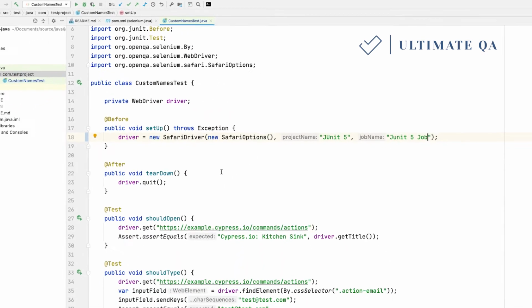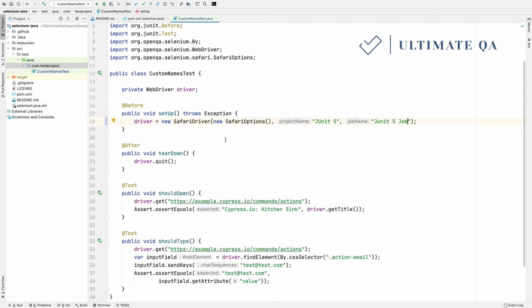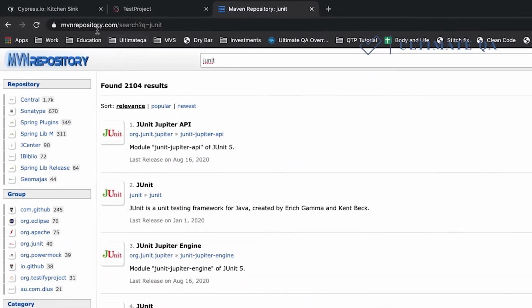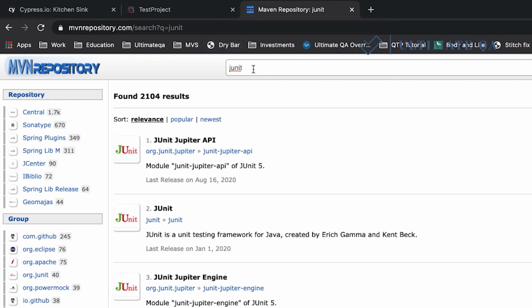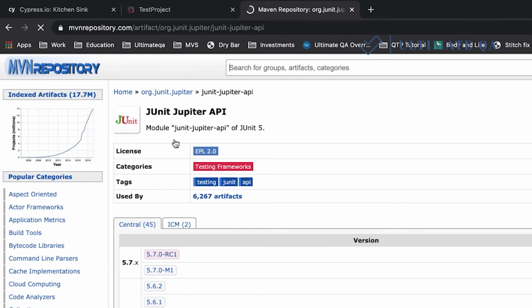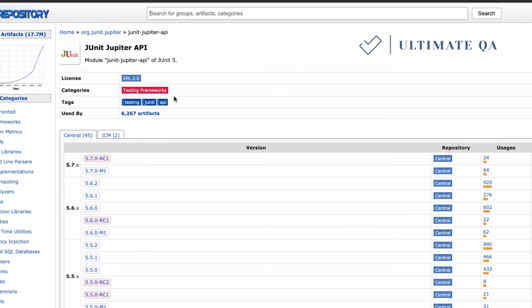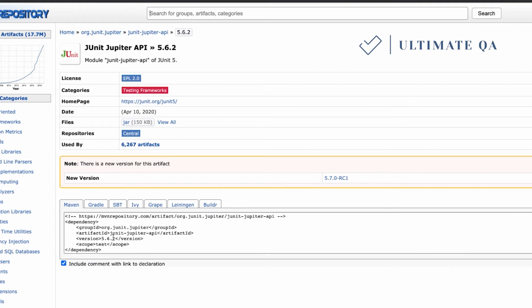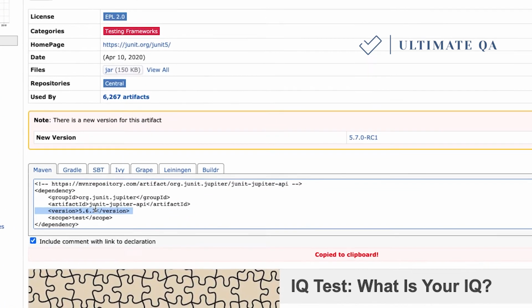And of course, we need to replace JUnit 4 with JUnit 5. So we can come over here to mavenrepository.com, search for JUnit. Here, the very first result is JUnit Jupiter API. This is the one that we want. And you can see here that we have several versions. This one is a release candidate, so we don't really want to use this one. Instead, what we can do is use this version right here that's released and stable. So I'm going to grab this one here